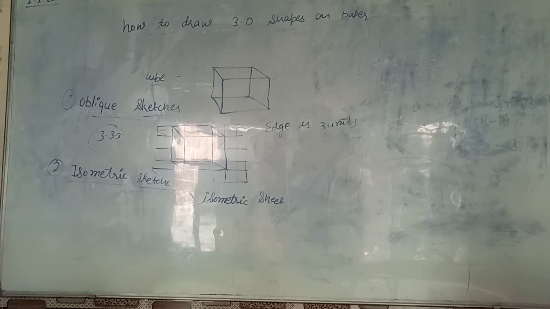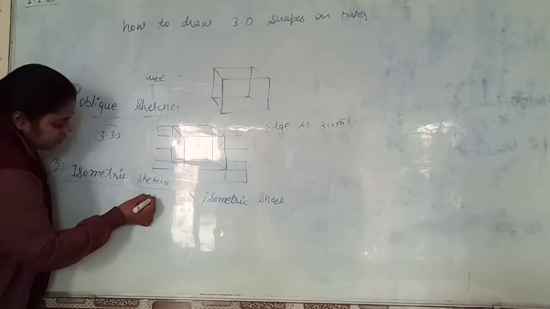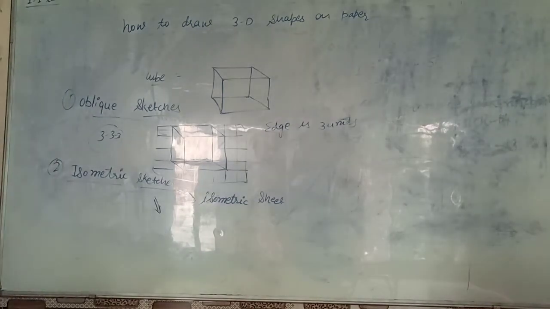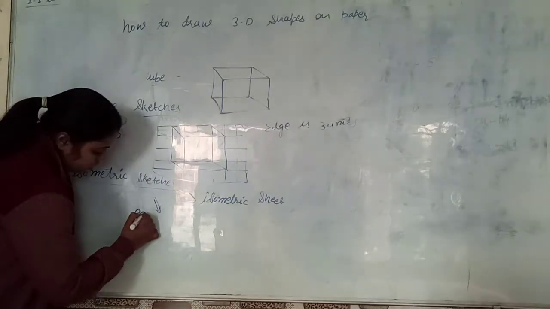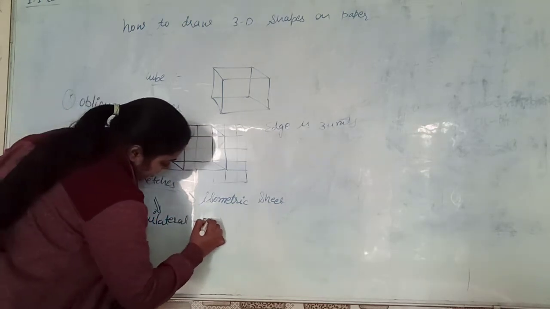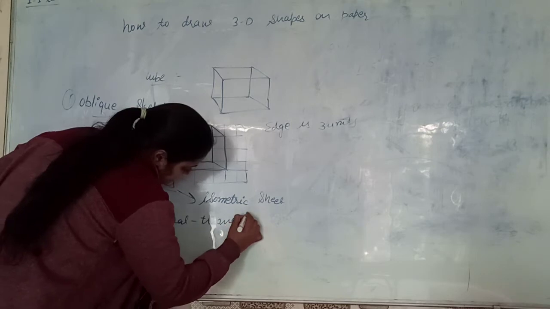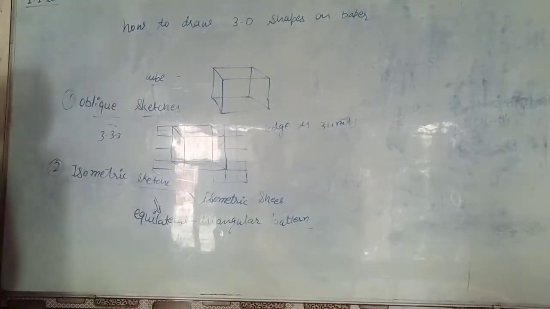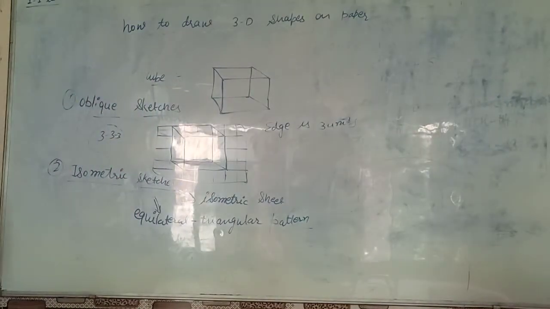So an isometric sheet is a dotted sheet on which the dots are arranged in an equilateral triangular pattern. जो आपकी आइसोमेट्रिक शीट्स होती हैं बेटा, उस पे जो डॉटेड का पैटर्न होता है, दैट इज विच टाइप ऑफ पैटर्न? इक्विलेटरल ट्रायंगुलर पैटर्न. विच वन? Equilateral triangular pattern means like an equilateral triangle whose all sides are equal, right?